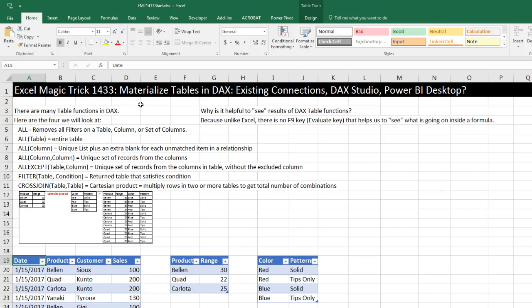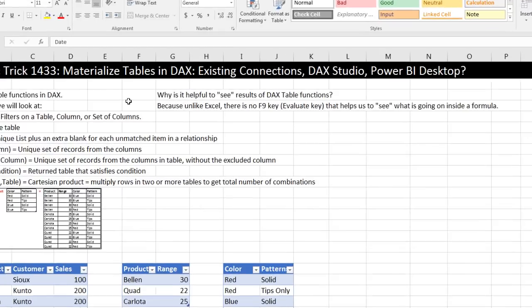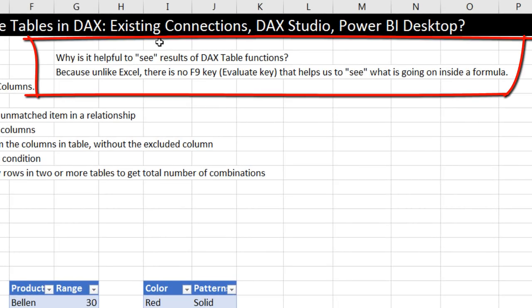Hey, we got to talk about materializing tables in DAX, either using existing connections over in an Excel sheet, DAX Studio, which is a download, or Power BI Desktop. Now, I've been doing a lot of videos about DAX lately, all the way back to 2014. And being able to materialize tables or see tables inside of DAX formulas is really helpful for understanding how a formula works. Now, the reason that this is so helpful is unlike Excel, there is no F9 or evaluation key